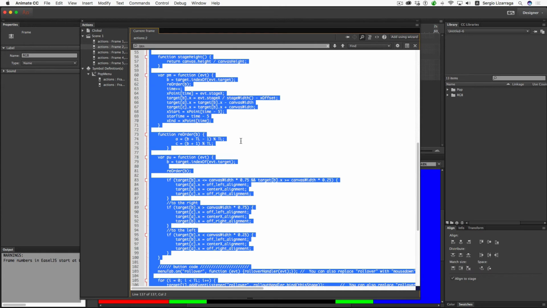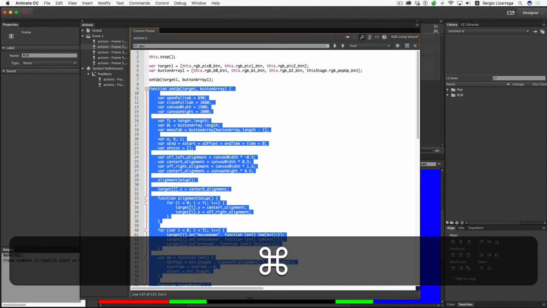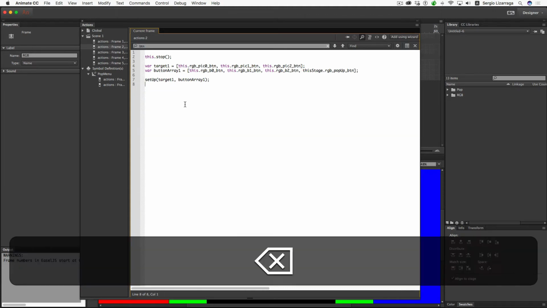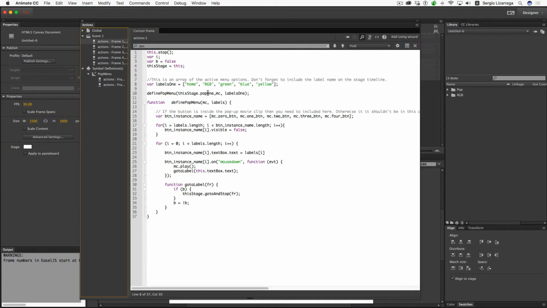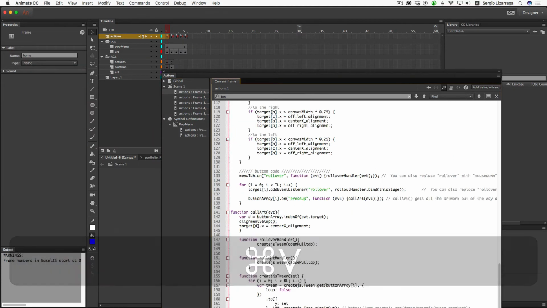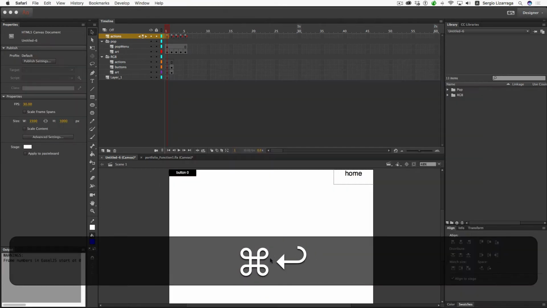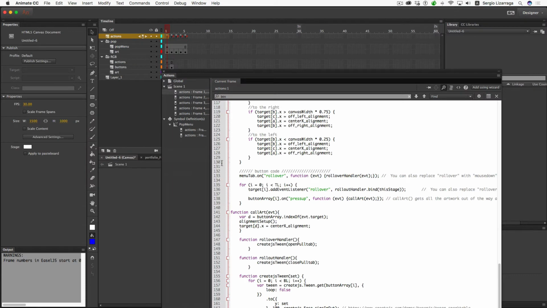Now right now the way the function is set up is so that it runs in this keyframe. I need to move it over to the first keyframe, and this is where the labels and whatnot. Let me move this out of the way. That's this keyframe here. And I need to paste this down here. Now it's not going to work, and the reason is because the global function is not a global function yet. I can't even get there. It's recognizing an error in the code. So let me come back over here and make